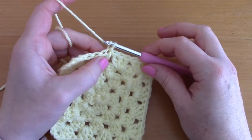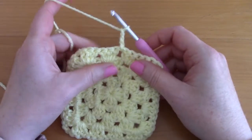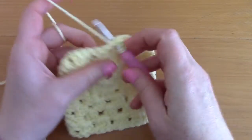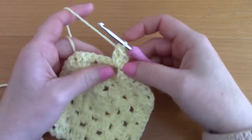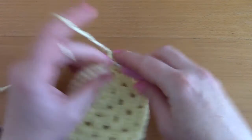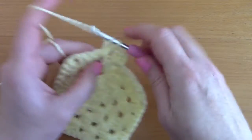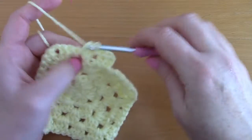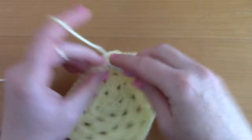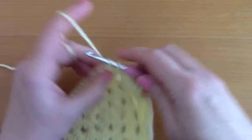but it will be a brief explanation. So chain 3, 1, 2 and 3, turn your work and place 2 more double crochets in that space to create a cluster. Into the next space just place a cluster of 3 double crochets, 1, 2 and 3, and into the next space place a cluster of 3, chain 2, 3 double crochets, because this is a corner,